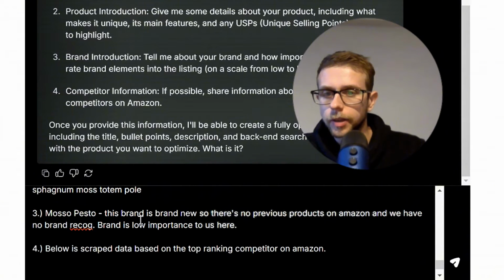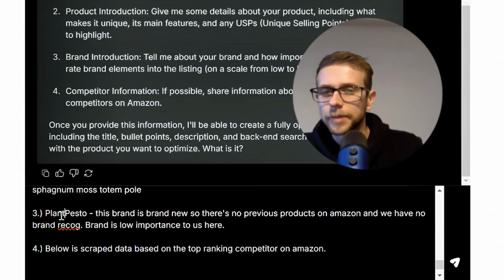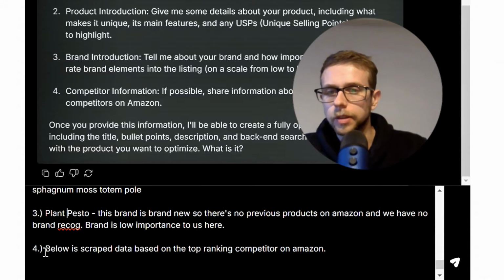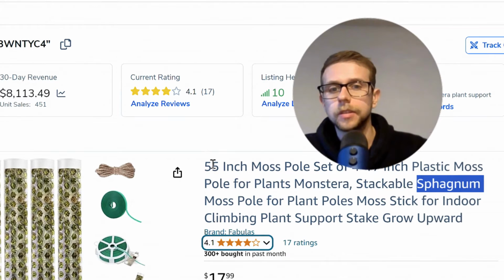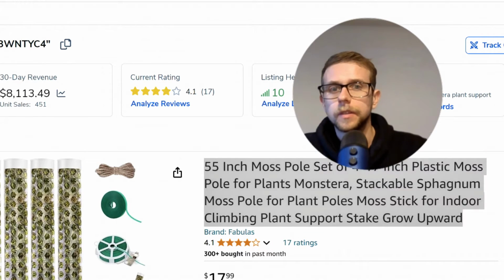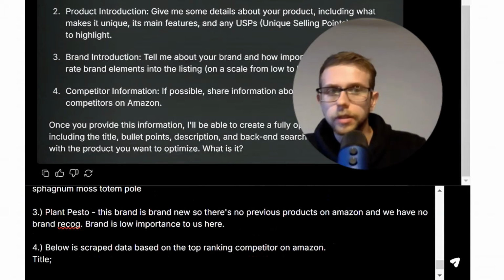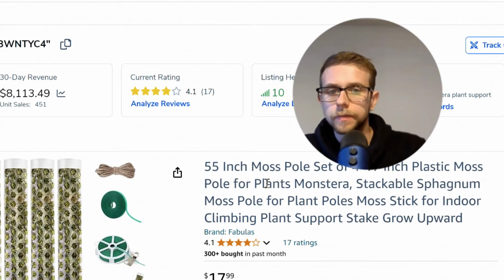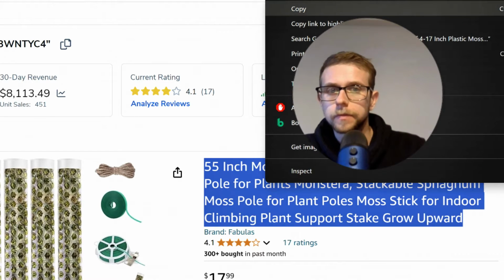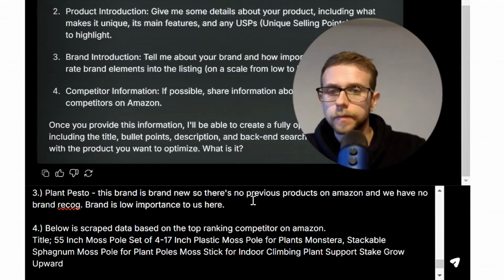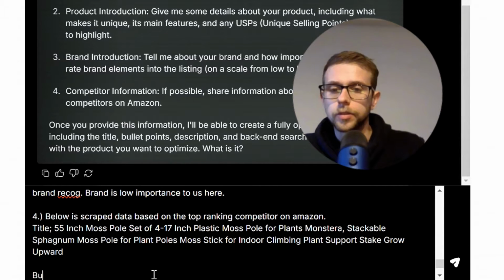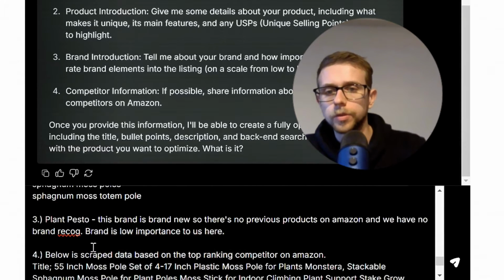Then we've got our secondary part. We've got our Moss Pesto brand. Actually, I'm going to just call it Plant Pesto. That sounds a bit cooler. And then below is the scraped data. So here, I'm going to say title, and I'm going to copy this guy's title. One thing you would probably want to do, okay, that didn't copy correctly. Okay, there we go. One thing you'd probably want to do is also say here,